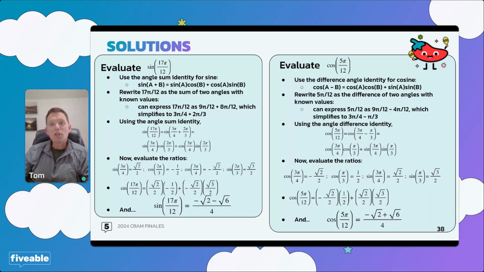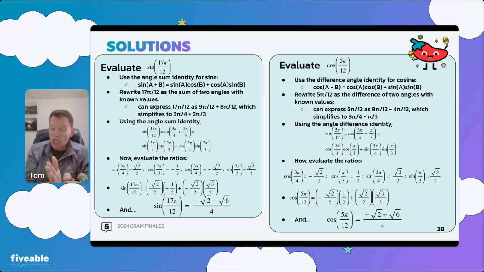On the cosine side, you can see we chose two angles that subtract to make 5 pi over 12, 3 pi over 4 and pi over 3, actually 9 pi over 12 minus 4 pi over 12. And once again, we apply the subtraction or the difference identity for cosine. And again, you can see how it all leads to an answer that is positive, it turns out. Minus square root of 2 plus the square root of 6 is positive, all divided by 4.